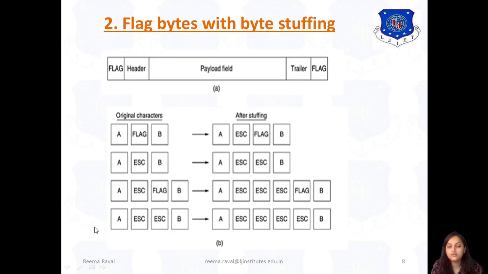Now the next case where two ESCs are there. For each and every ESC, an individual accidental flag, another ESC, will be used for stuffing. So now it will be like A, ESC, ESC, ESC, ESC and B. After destuffing, these two ESCs will be removed and the data will be stored as originally sent by the sender. So these are the various cases for byte stuffing. Here a special bit pattern called the flag is used, and if that bit pattern or flag is also in the data, then the accidental flag ESC is used to byte stuff the data. Okay, so this is the second method, flag bytes with byte stuffing.